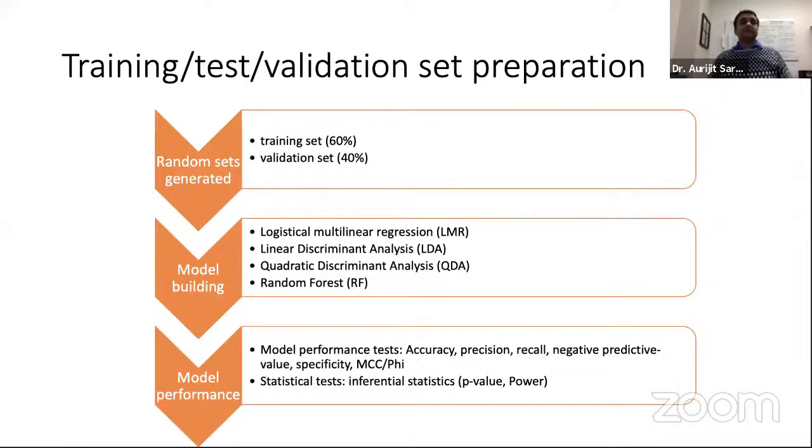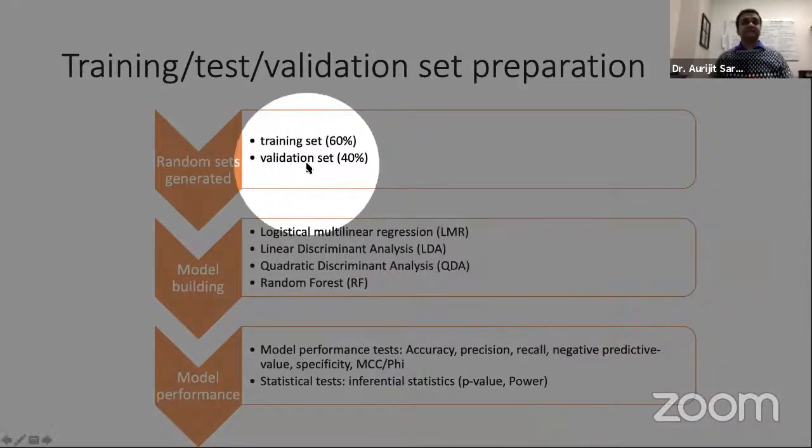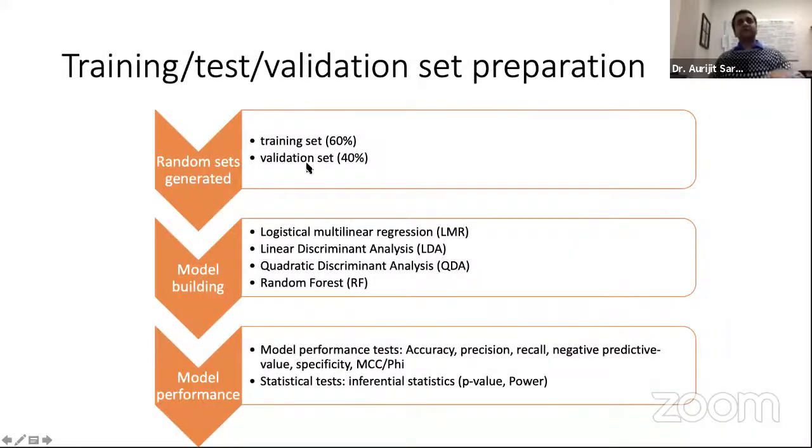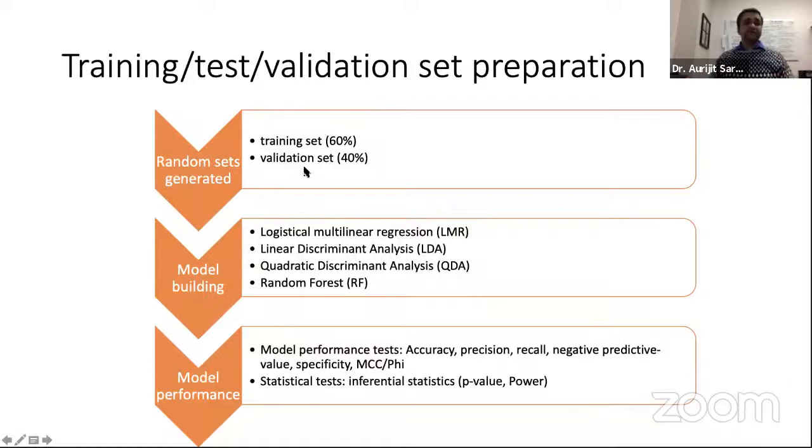So this is what we did. Whenever you try to do modeling of this sort, you're trying to generate a model which is predictive in nature. One of the most important things that you must do is you must do a training set and test set validation. So in other words, whatever models you want to build, you must build them on a separate training set of data. And then once you're happy with your models, you must test it on that validation set right there. It's important that you do so.